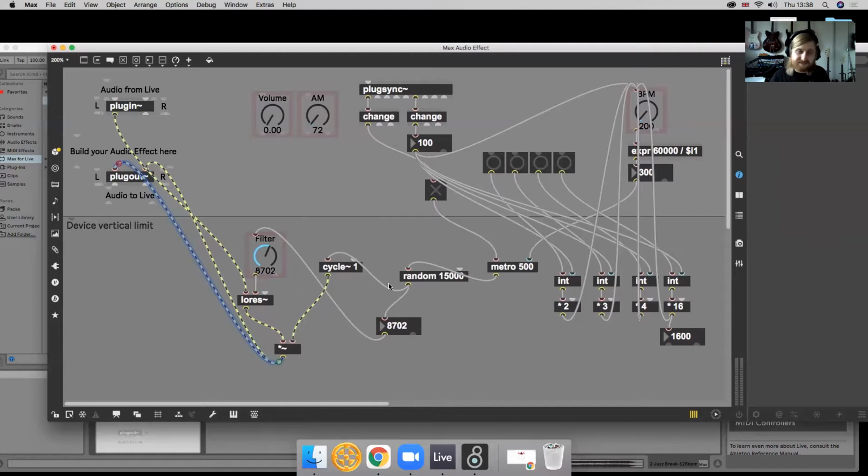So that's a very quick introduction into Max MSP, well, Max for Live plugin design. There's a lot of great information online. If you just Google Max for Live, you'll find a lot of tutorials, a lot of interesting patches that have been built, a lot of explanations about it. But today I just wanted to share my very experimental approach, just trying to make things kind of weird. It's not fully tuned up musically here,